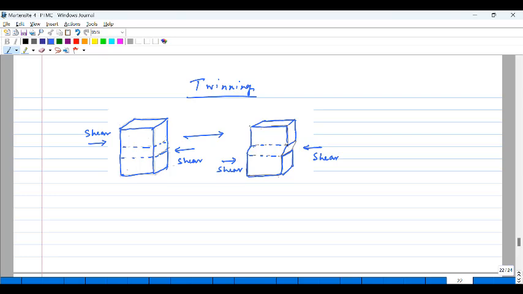If you look across this plane, you would see there is a change in the orientation in one manner, and then across another plane there is a change in the orientation, but it is exactly in the opposite manner. You would also find that if you look across this plane, which is known as the twin plane, this region will be the exact mirror image of the parent crystal above it. Similarly, if you look across this plane, this region will be a mirror image of the crystal below it. So this acts like a mirror plane,